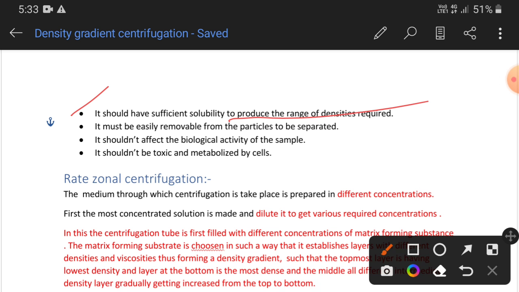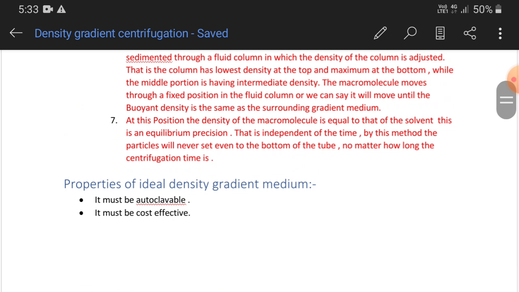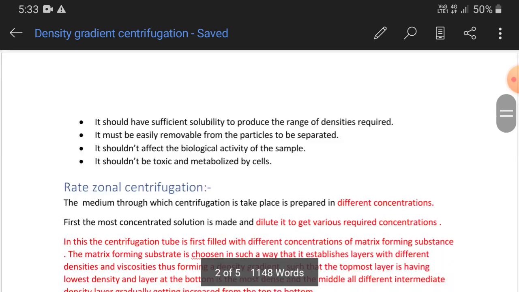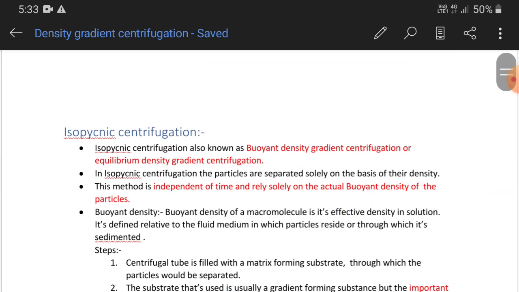It should not be toxic, it should not be metabolized by the cell, and it should not affect the biological activity of the sample. Okay, that means our density gradient medium should be inert for the sample, and it should be cost effective and autoclavable. That is the concept of isopycnic centrifugation, the concept of rate zonal centrifugation, and importantly the properties of an ideal density